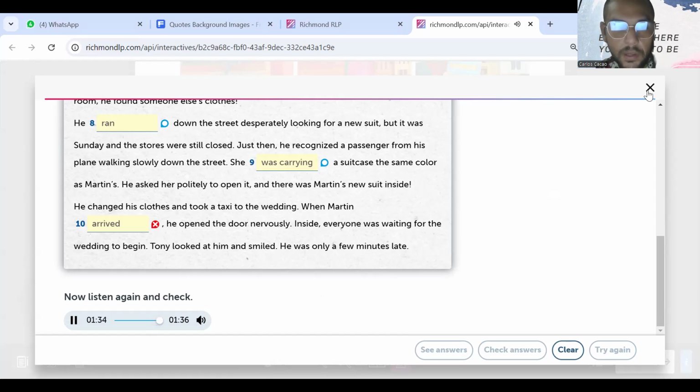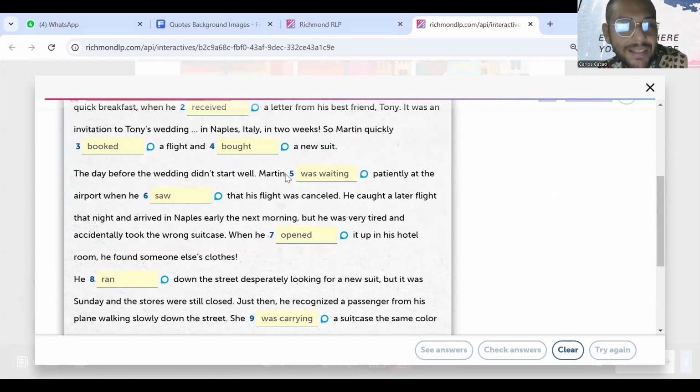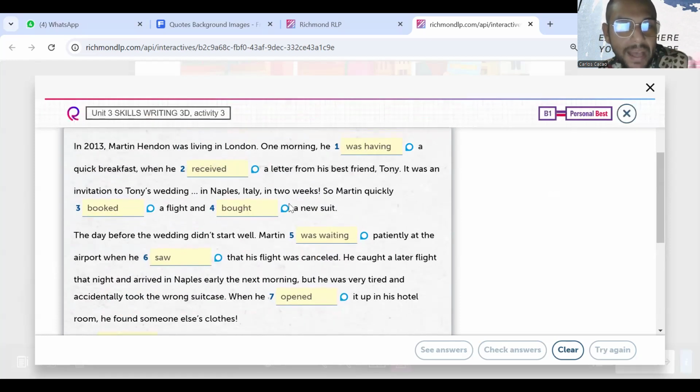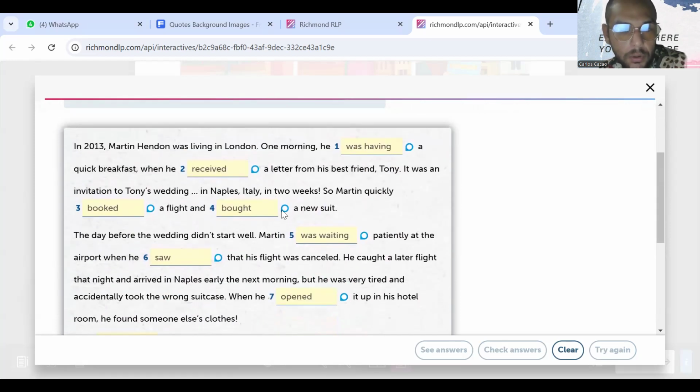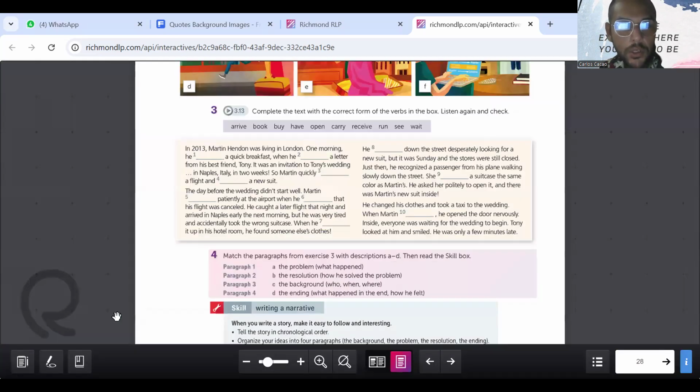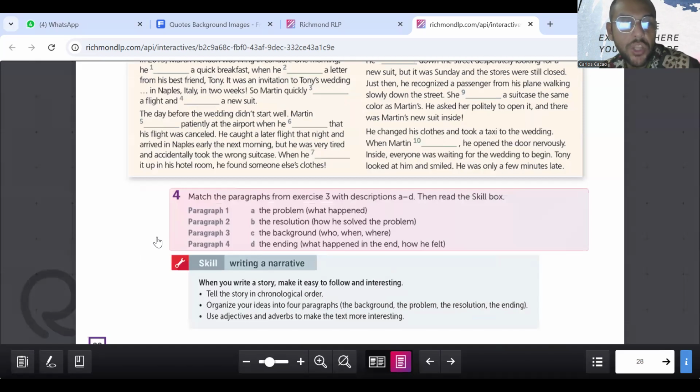Okay, he was only a few minutes late. So, okay, they got past continuous and past simple. Pasado continuo, pasado simple, ¿no? Cuando la acción estaba sucediendo en ese momento en el pasado y cuando ya había terminado, ¿no? So, we got this. So, match the paragraph